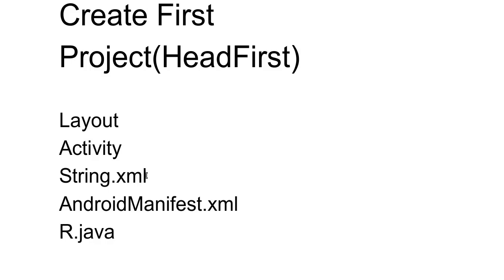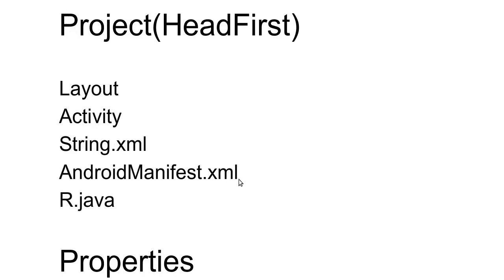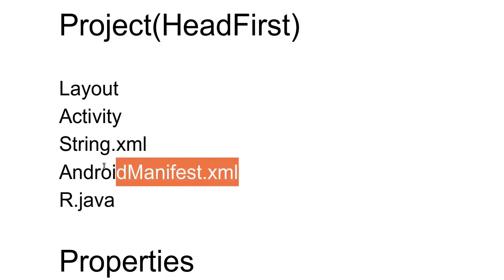And then we have the AndroidManifest.xml file. So that is a configuration file, and it is required for the activities. The simplest Android application could have only one activity, but as we move towards complex applications, there would be more than one activity. In either case, we have to define all the activities in the AndroidManifest.xml file. We need to define for what version of Android we are creating our application, or what the software development kit is.